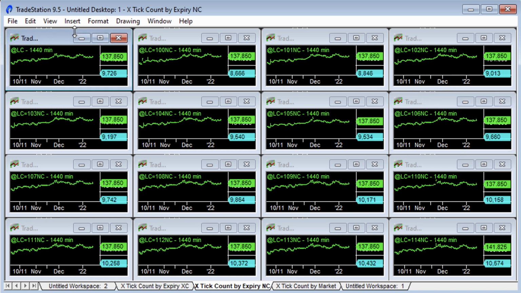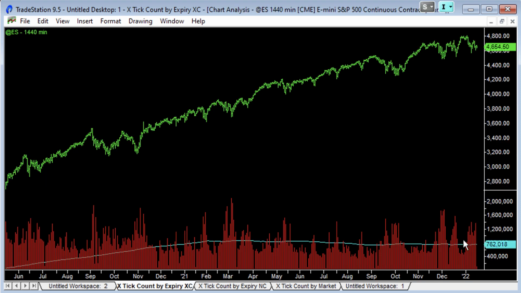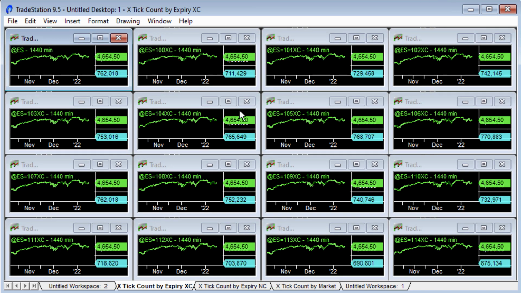Using the expiry date, and you can also use the notice date, and putting that little indicator on the bottom of the charts here with an average number of ticks per day. This gives you, for example, the continuous contracts 762 average ticks per chart. And what you'll see is that if we adjust the data on the chart to a 106XC, as this chart over here shows, that exact same indicator is showing a value, an average of